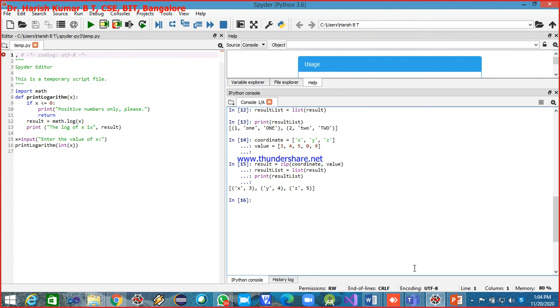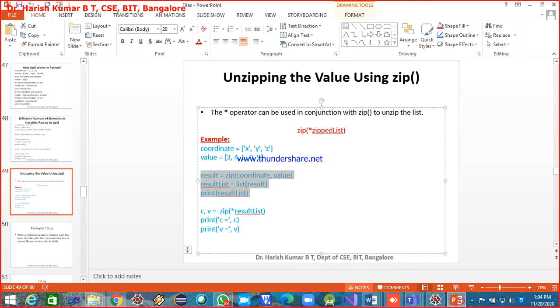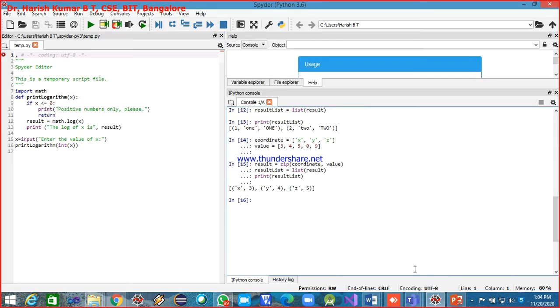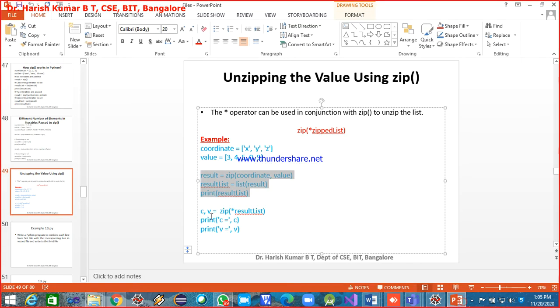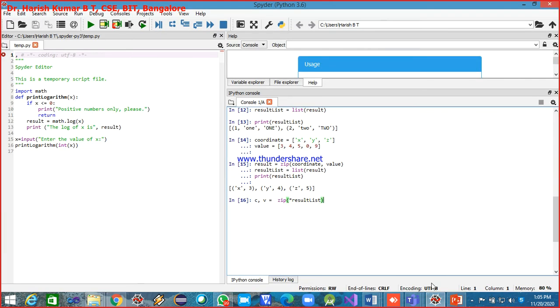Okay. Next, now I go to unzip. So I need to get this original value. What I need to get is the list of coordinates separately and the list of values separately. So let me do this and later go for printing. So now it is unzipped. Now I'll say print